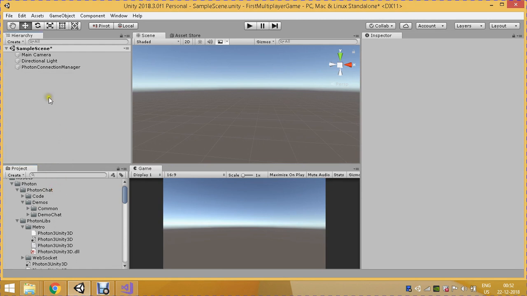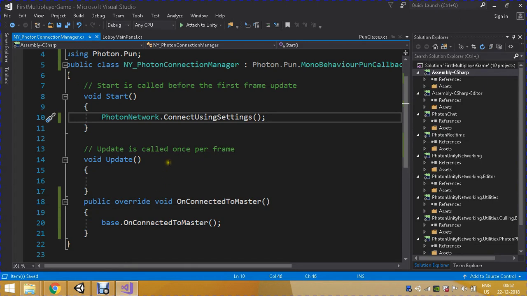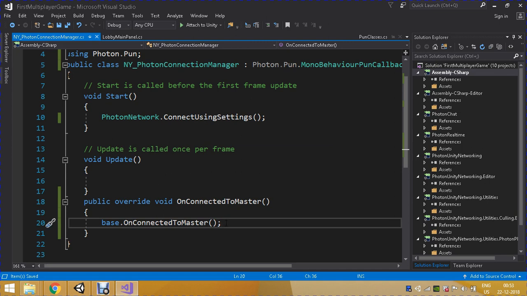Okay friends, whenever we have to connect to Photon, what we always do is write this statement: PhotonNetwork.ConnectUsingSettings. This statement helps you to connect to the master servers or the Photon SaaS service. This is a static class, all these methods are static, so you just have to call this method. Whenever this method is called, this will be called, and to test this we will be writing a debug statement